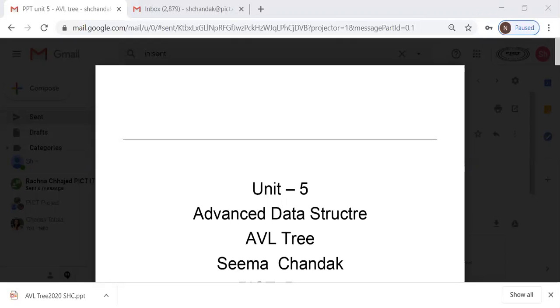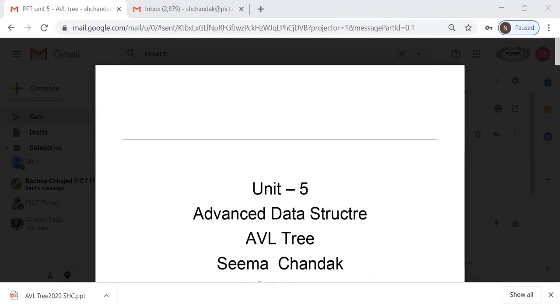We all know that. So all BST operations are O(h), where h is the height of the tree. Is it clear? And the minimum height is log of n for a binary tree with n nodes, and we know that the maximum height can grow till n, where n is the number of nodes in a binary tree.